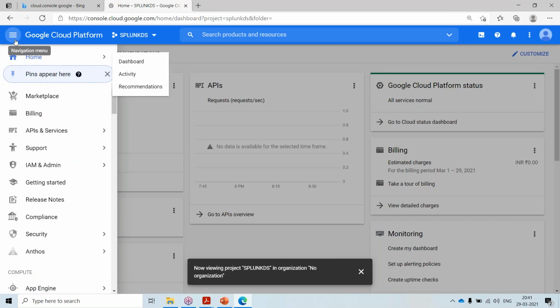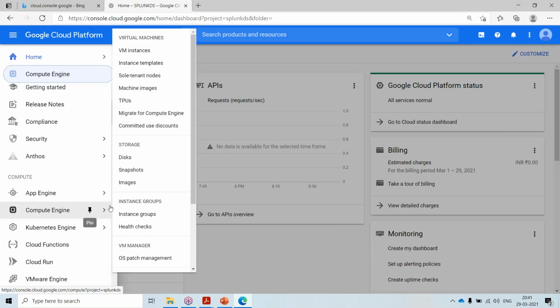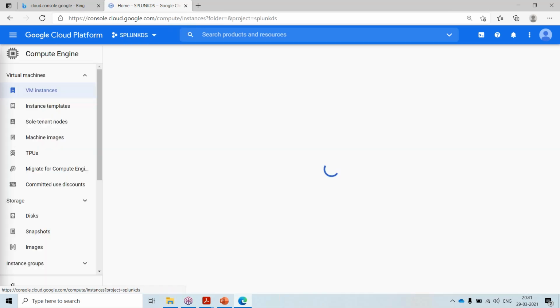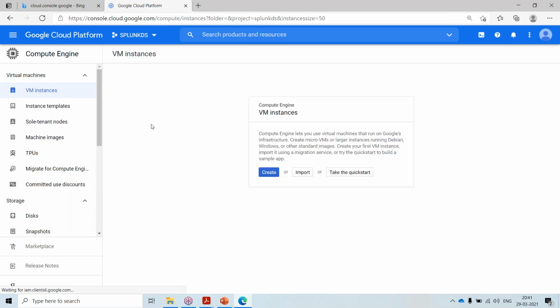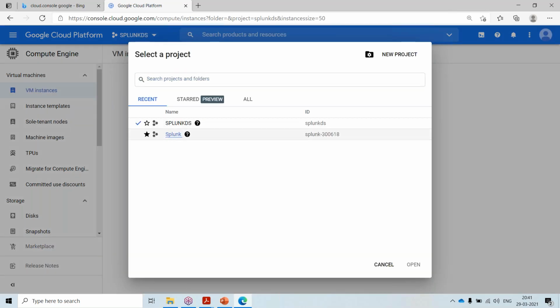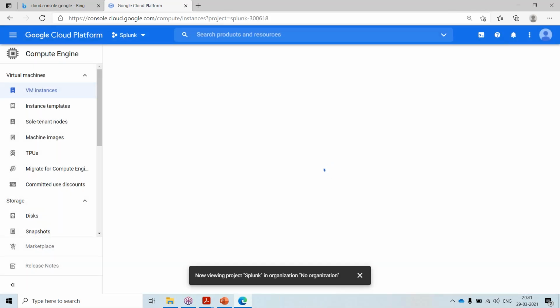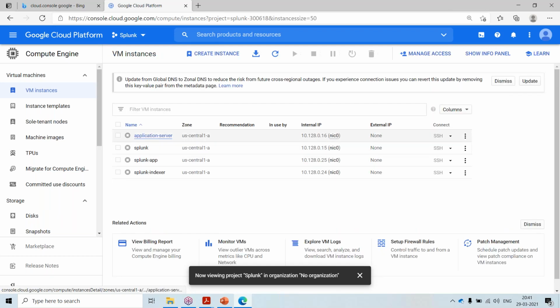This is the navigation menu. In Compute Engine, I have VM instances. This is where I will be creating the instances. Here it is empty. If I go to the Splunk project, here I have instances.